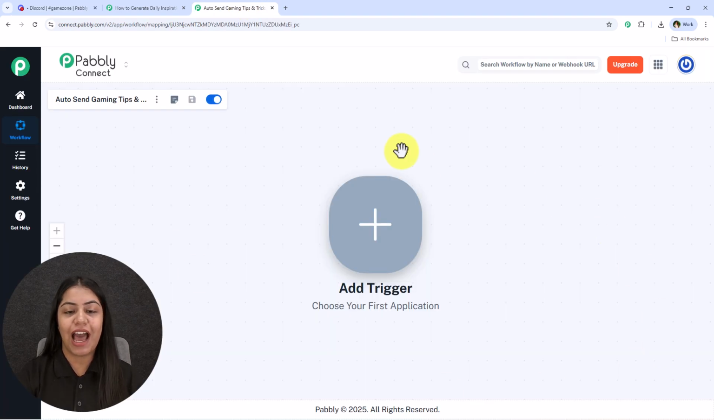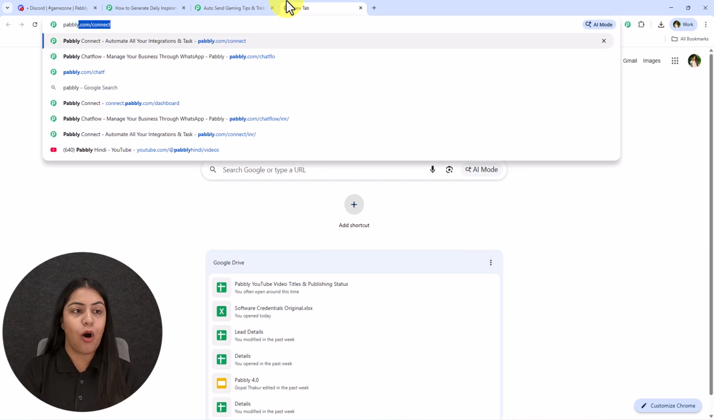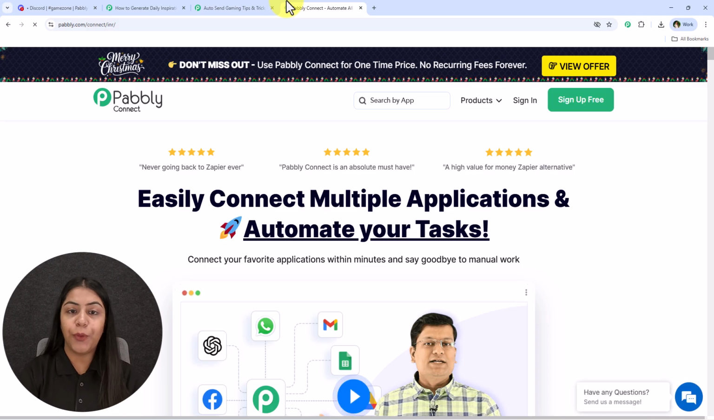server. For that, you have to open the workflow button inside Pabbly Connect if you are an existing user like me. But if you are a new user, open a new tab and search for pabbly.com/connect in your browser and open the landing page of Pabbly Connect. In the top right corner, you're going to see the option of sign up for free. So click on this sign up for free and you are going to get 100 free tasks every month